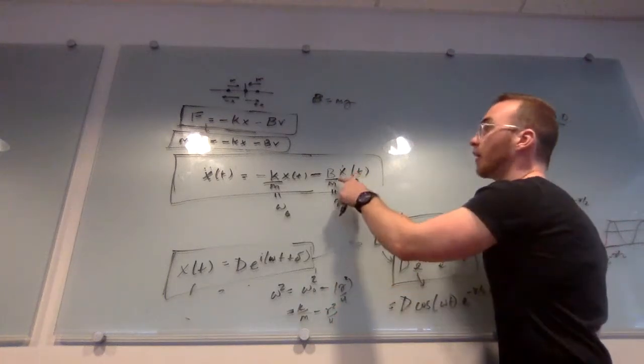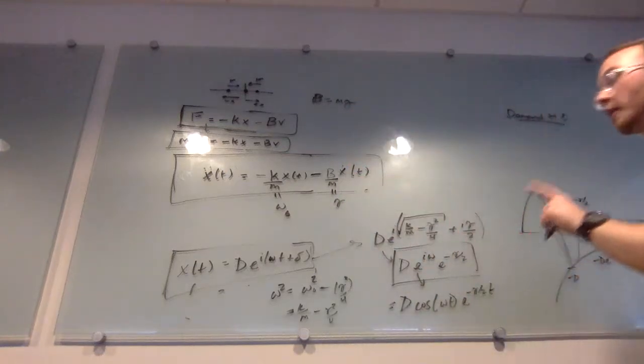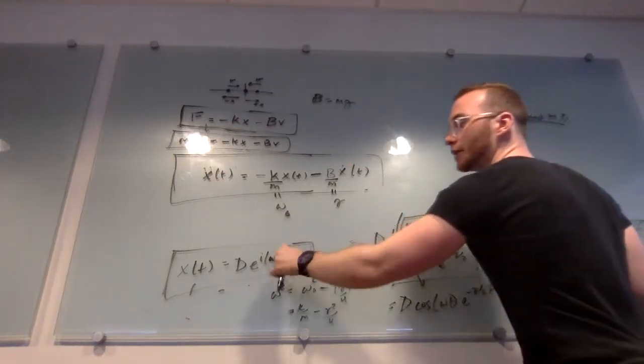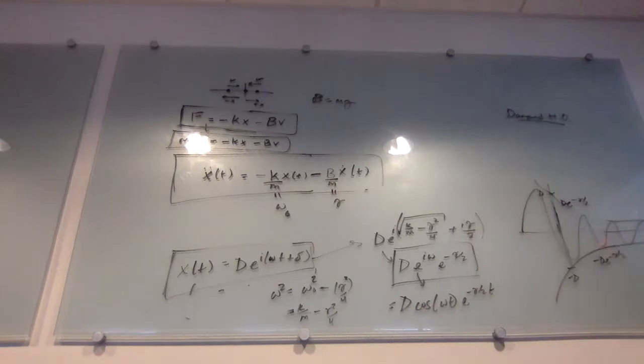And this other thing comes from the damping force, but that means that this is like an oscillator, but the frequency is actually a little slower, right? A little bit slower than what it would be without the damping. What that means is that the time between here and here,